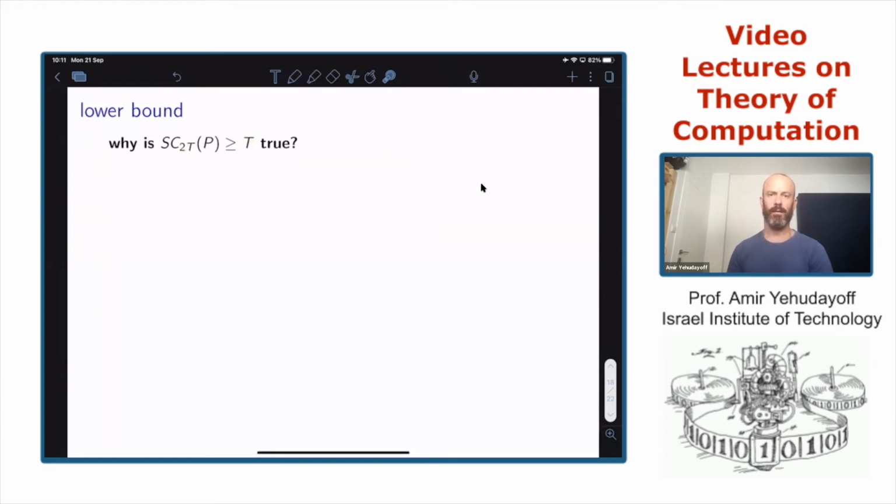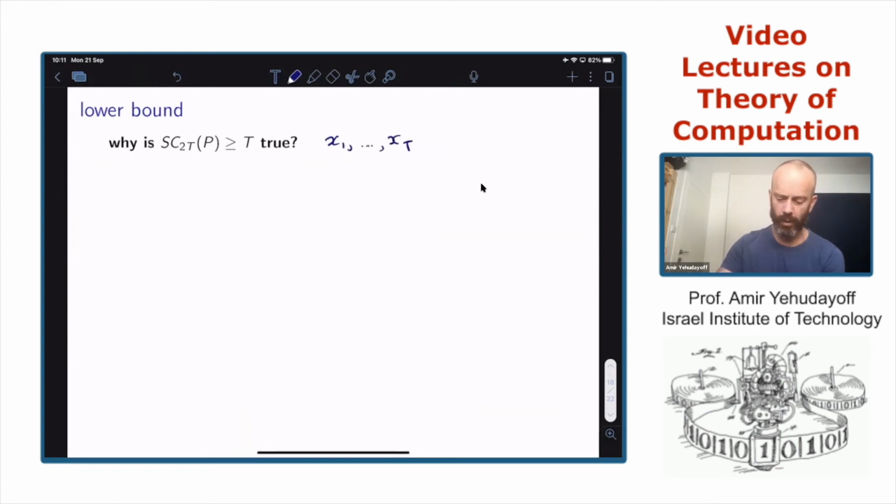And there are a few ways to view this. I'm going to use one perspective that I'm going to elaborate more on in the next lecture, the next talk. So here is how we are going to prove this. Think about the input at time 2t as consisting of x1, x2 up to xt.